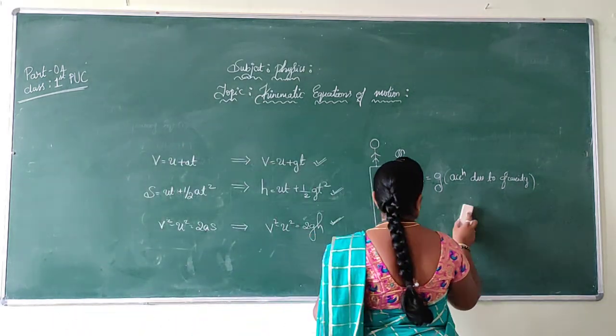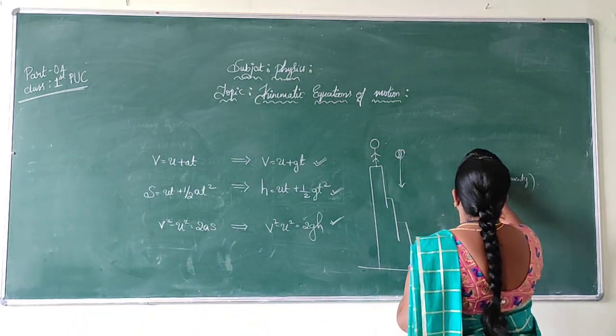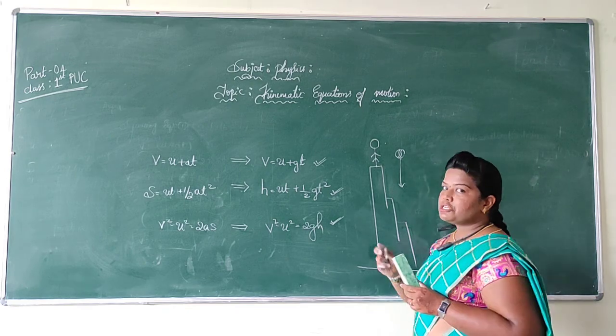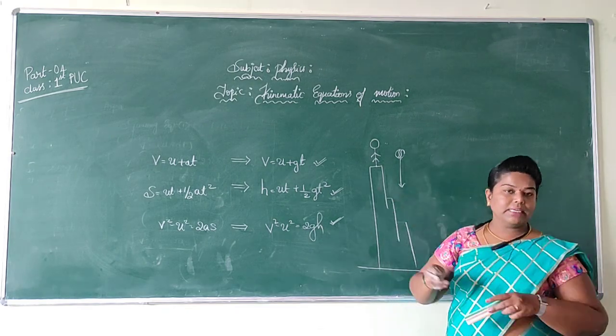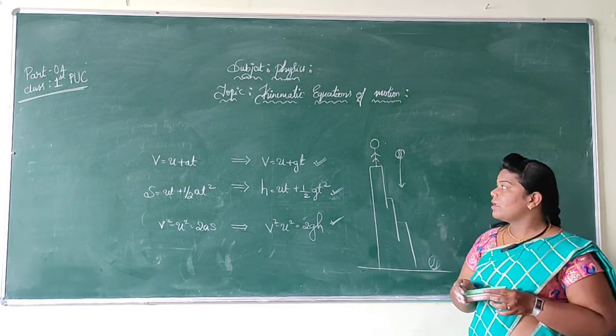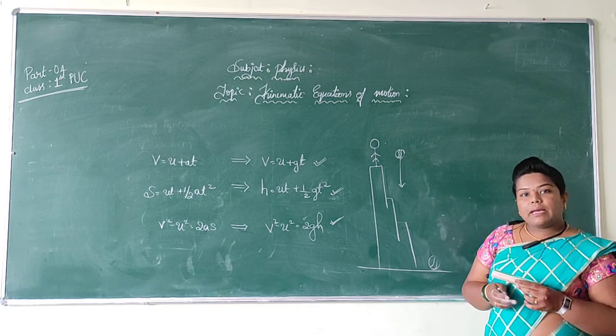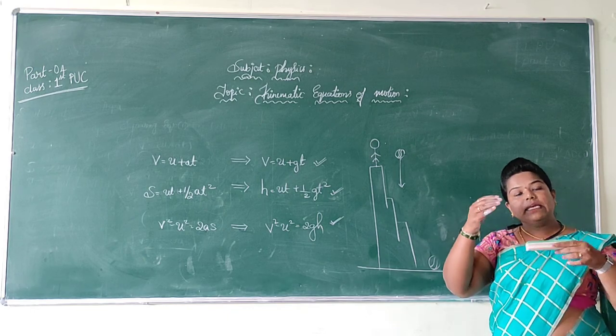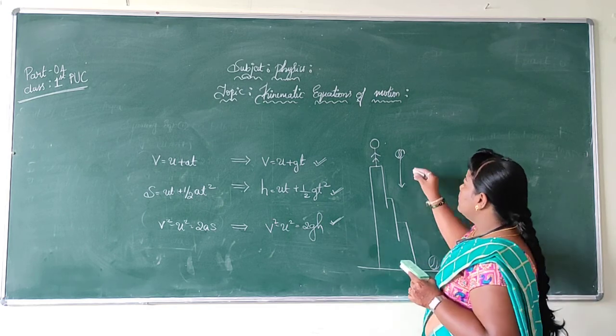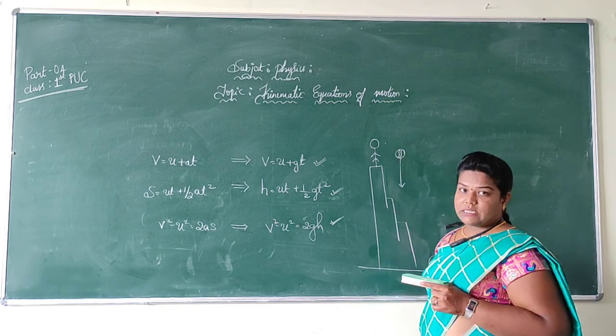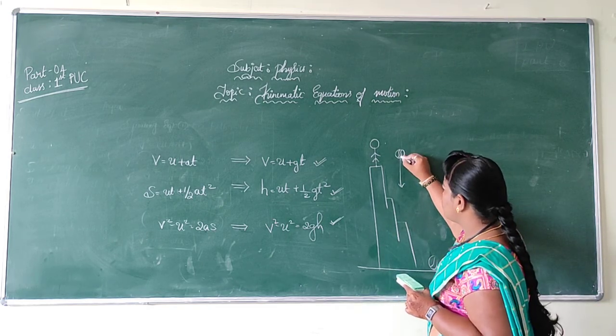Exactly, now you can observe the same diagram over here. Now assume that I am going to throw the ball by standing on the top of the tower. What happens when we are standing at some height? Here, if I just throw the object from this position,